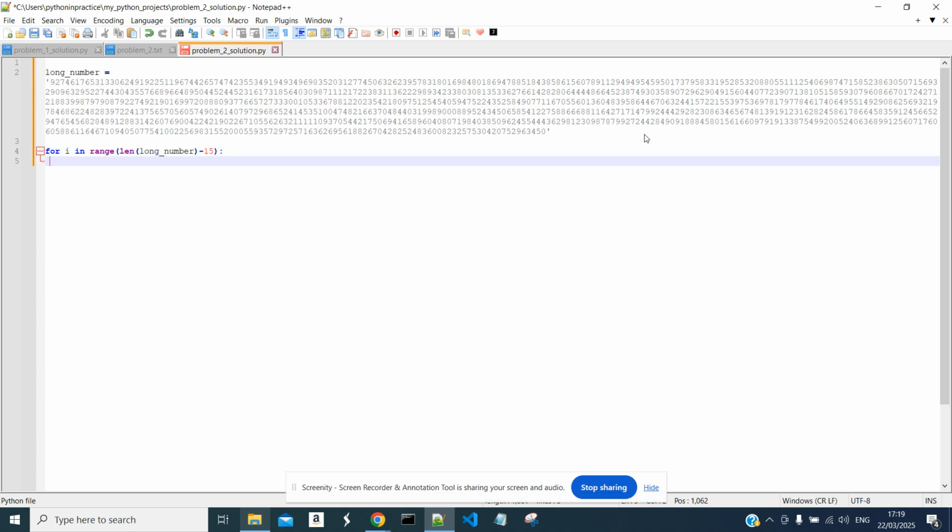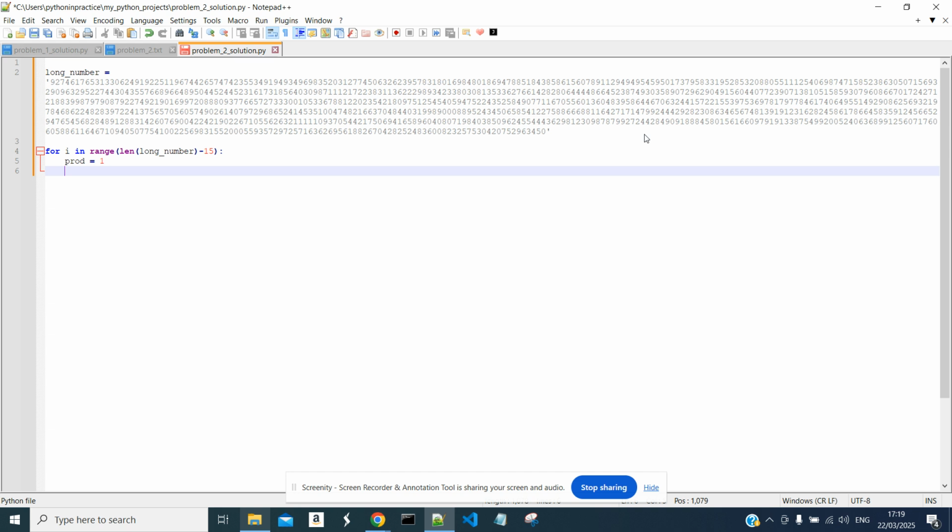I will explain later why the minus. Prod equals 1, for k in range